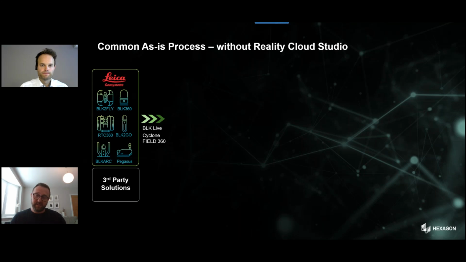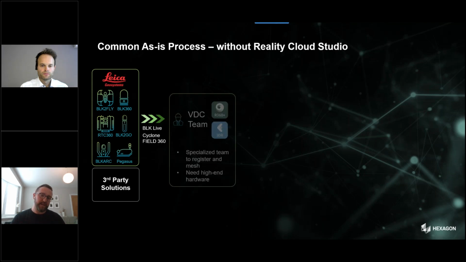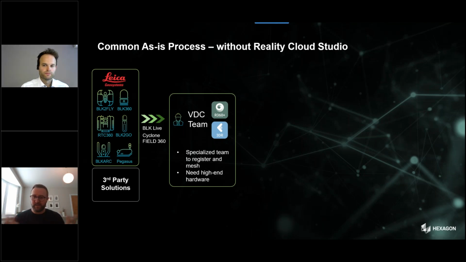Now, with our devices, perhaps you're using the BLK Live app, or Cyclone Field 360, or Pegasus Field, for example, to control those devices in the field, to start doing some pre-registration, to start collecting geotags and building up that data. And then typically that data gets pushed through to your internal registration team, or, in building construction, a VDC team, and they're using Cyclone Register 360 to pull that data together, register it, and then push it on downstream,